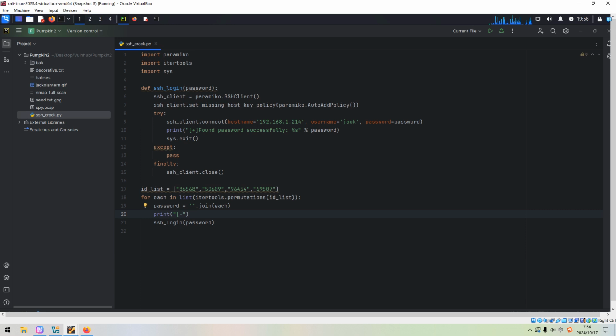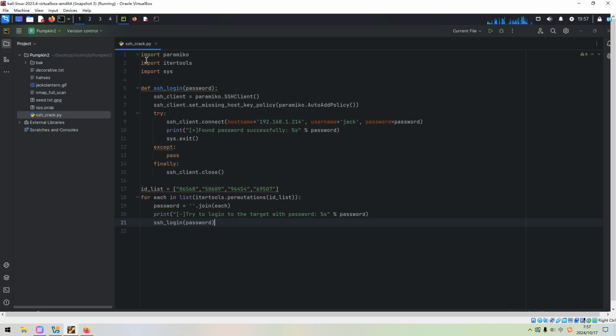So we can print out something like: trying to log in to the target with password. Okay, I think it's done.